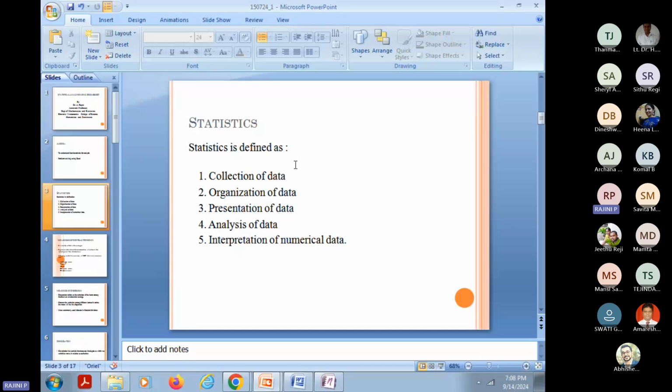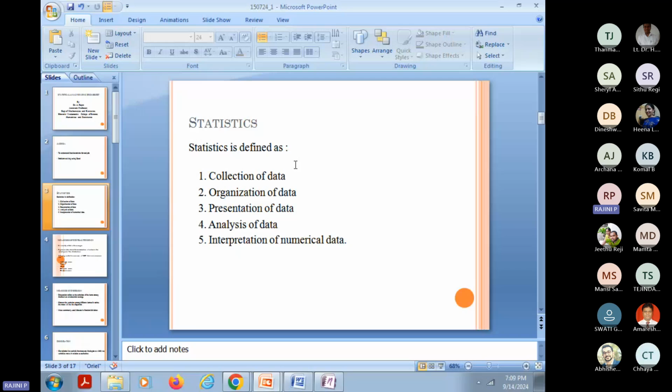Any layman, if a person is seeing the data, should understand what data we have. But if you are showing an Excel file, will they understand? No. If you represent that Excel file in beautiful diagrams and graphs, then any layman will also understand what data you have and what work you have done on it. Anybody can understand. So presentation of the data also plays a very pivotal role in data analysis.